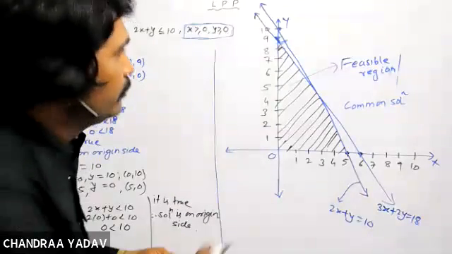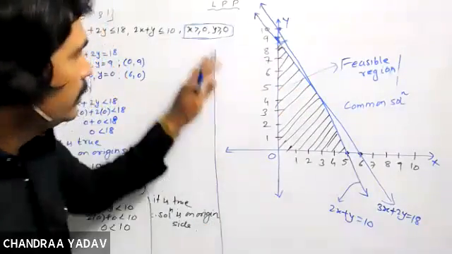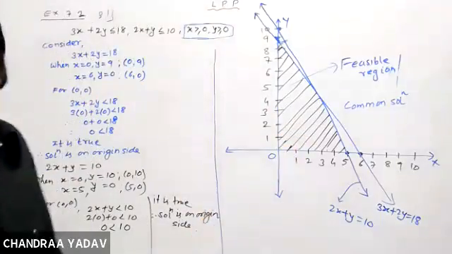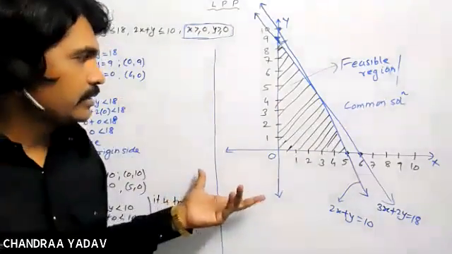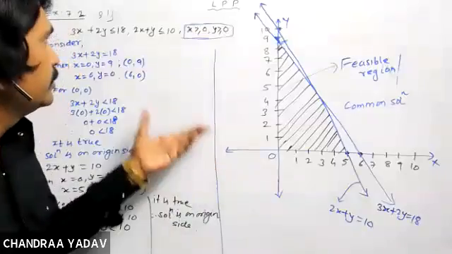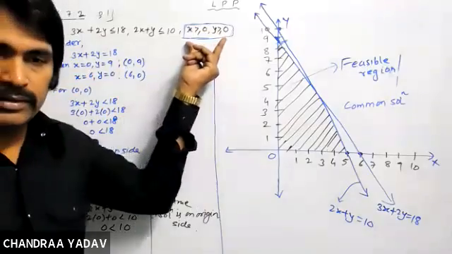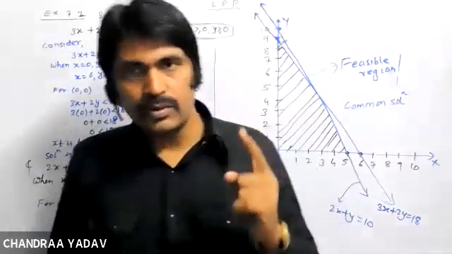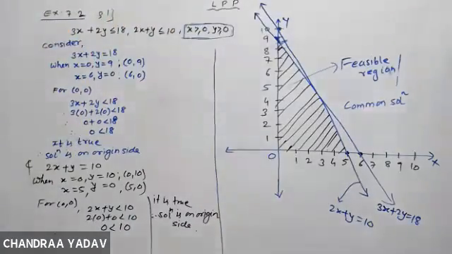If this condition was not given, then we would have to extend and put arrows. But this is given, so we have to stay in the first quadrant only. This is the complete solution of this question. More than 90% of the working is the same as we did previously. Only one additional part is given here, and it indicates that we have to restrict ourselves to the first quadrant only. Please complete this, and while writing, if there are any queries, please feel free to ask.